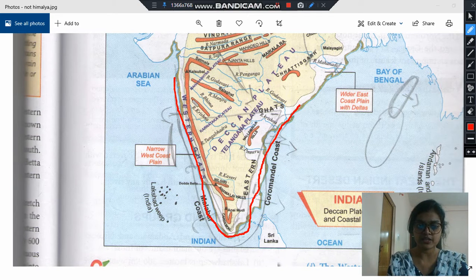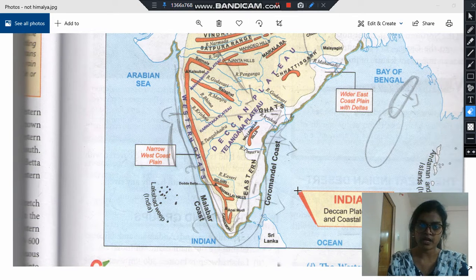So Western Ghats are a continuous range. You see it starts from here and it continuously goes till here. But Eastern Ghats are not very continuous, they are broken. You see, the Eastern Ghats start from here, and they break and go till here. So these are the Western Ghats and Eastern Ghats, which are in coastal areas. We have Konkan coast here, you see Malabar coast here. So this is Malabar coast.